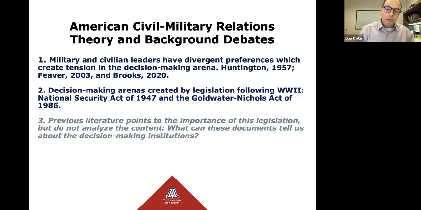So the National Security Act of 47 was meant to prepare the decision-making construct of the United States for the Cold War and learn from the lessons of World War II of this idea of being uncoordinated in actions between the main services, but also between the civilian decision-making construct. Despite this act, between 1947 and 1986, there were many failures within the national security decision-making realm. Vietnam stands out as one of the major